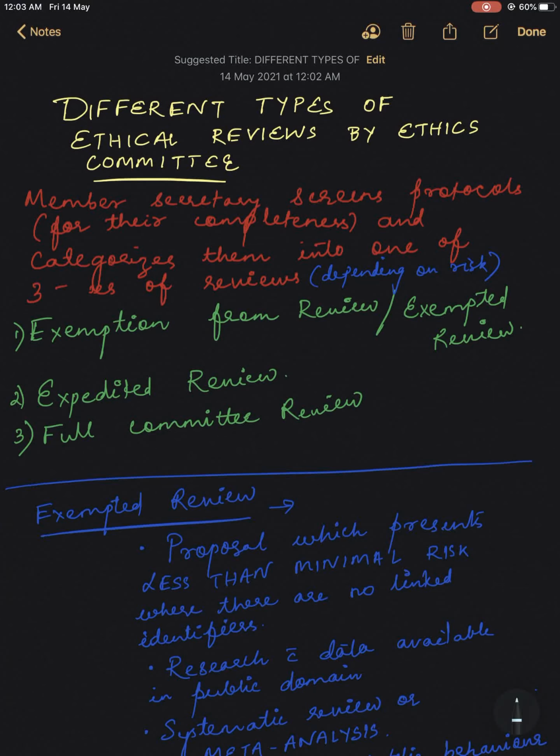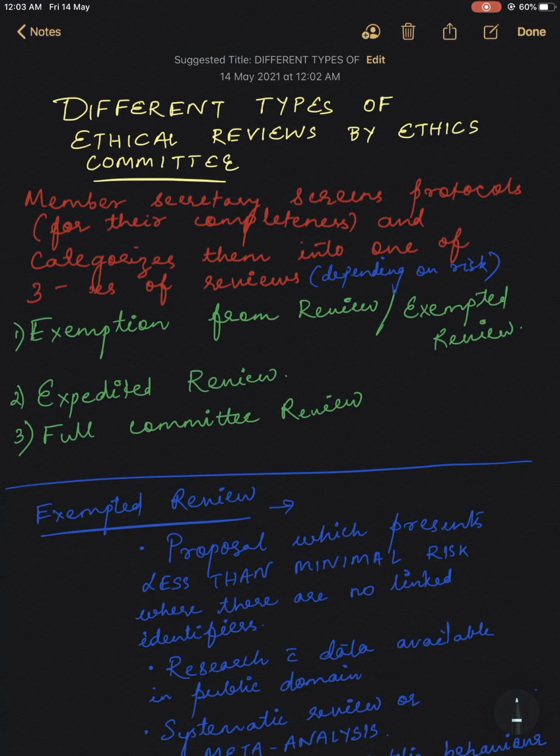Hello friends, today we will be discussing different types of ethical reviews by the ethics committee. So, in the last lecture we have already discussed the different types of risks involved in clinical research. The risk involved may be differentiated into less than minimal risk, low risk, and high risk, or more